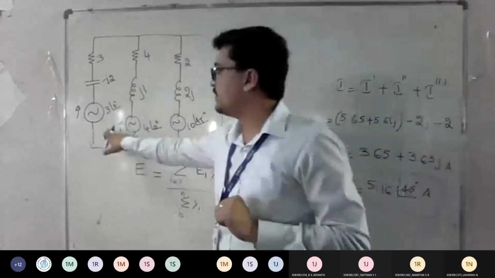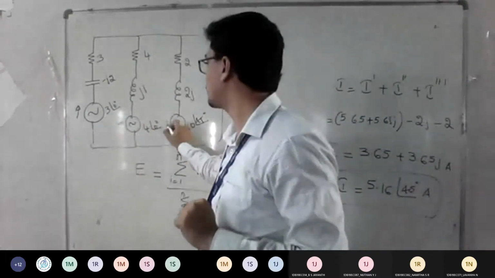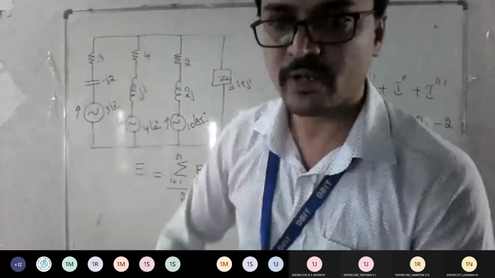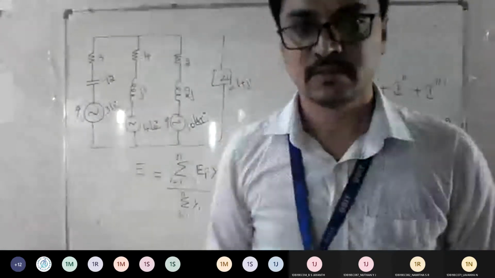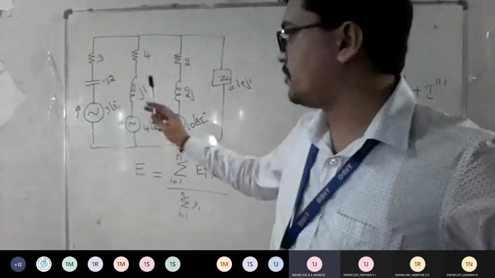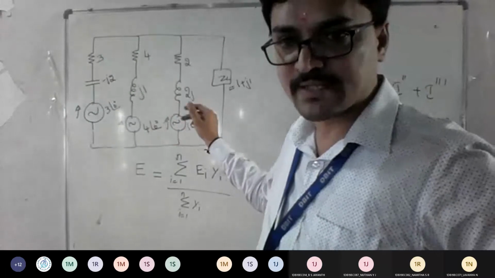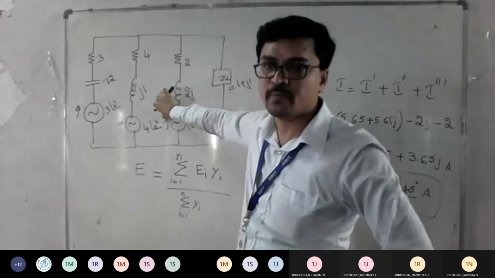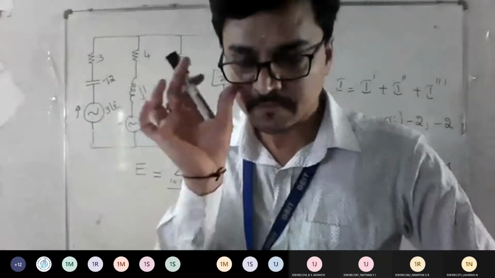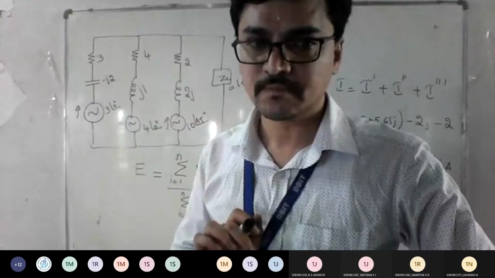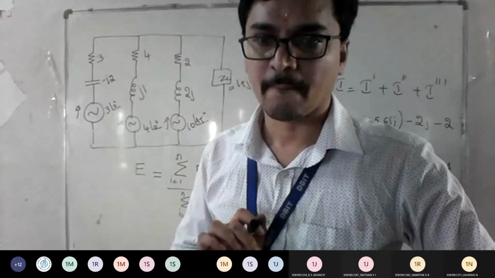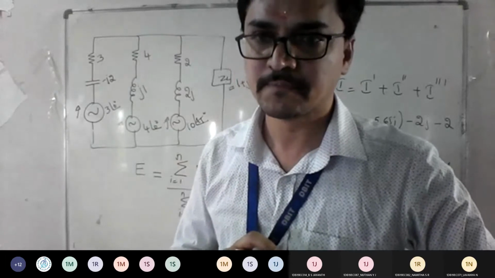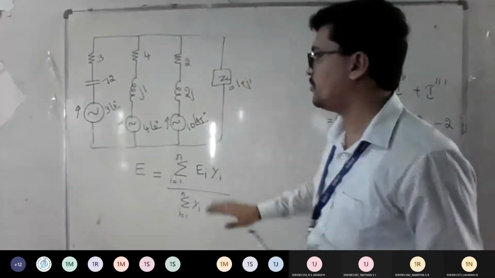Okay. So now is it E1 plus E2 plus E3? All directions are upward only, which means all are in the same direction. Yes or no here? Yes, sir. So it means I should perform E1 Y1 plus E2 Y2 plus E3 Y3. Assume that if I give this downwards, then the last one should be subtracted. So this much you remember, right? That much everyone remember or not? Is it fine till there? Yes, sir. Okay, fine. So now proceed.